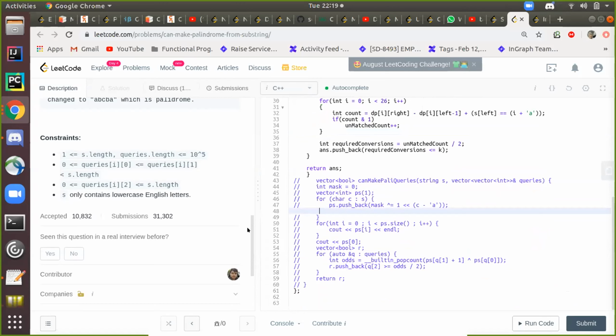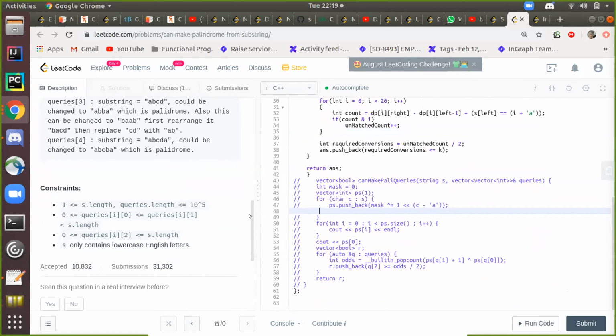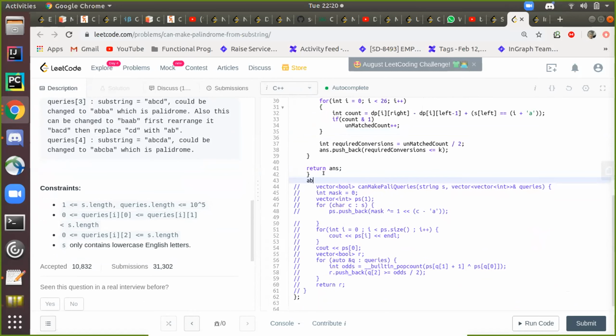Let's take an example: ABCD. So he's maintaining this vector PS, where he keeps a mask corresponding to each character as the starting element.